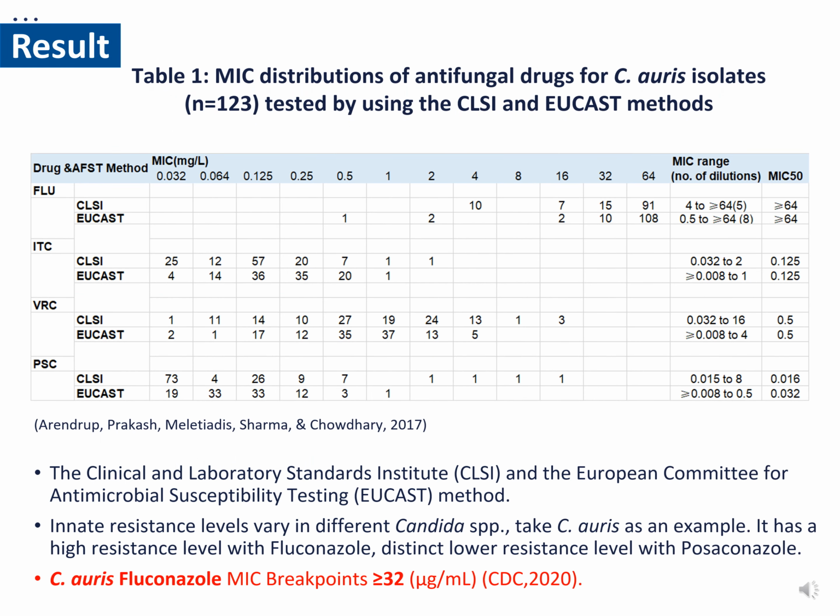So how do we test whether it's resistant to the azole or not? For antifungal drug susceptibility testing, there are two methods widely used, which are CLSI and EUCAST. The MICs generated by the two methods were overall very similar, and this is how the breakpoints are determined. Innate resistance levels vary in different Candida species, and take C. auris as an example. It has a high resistance level with fluconazole, down to a lower resistance level with posaconazole, and this table is adapted from the